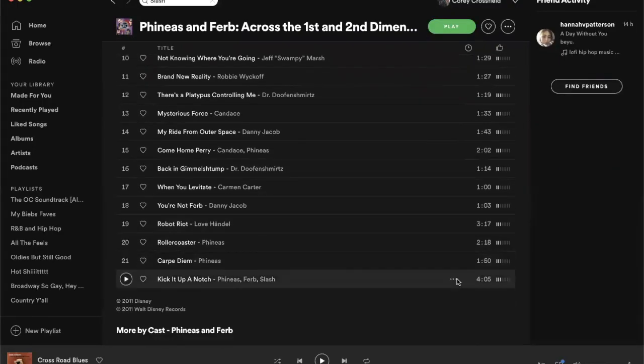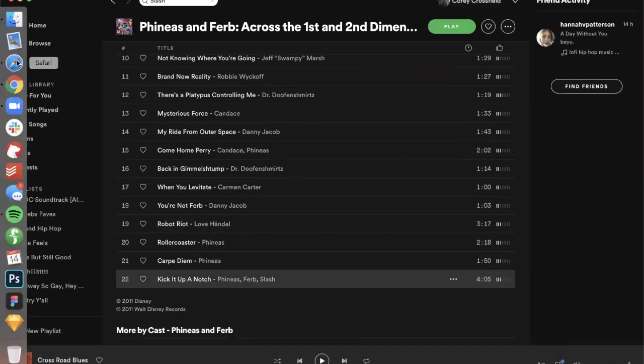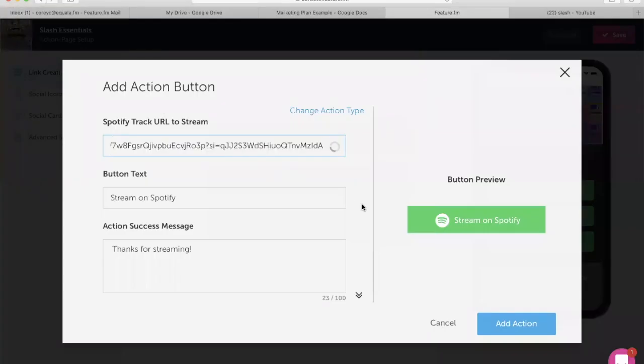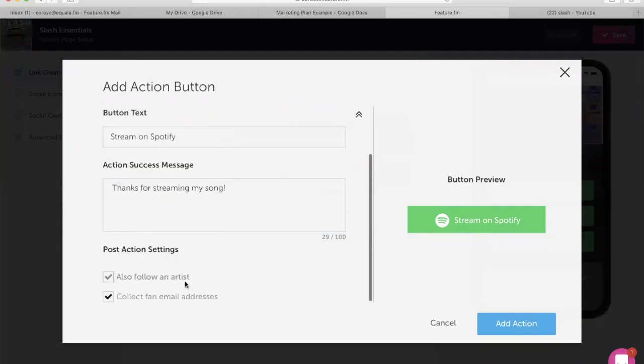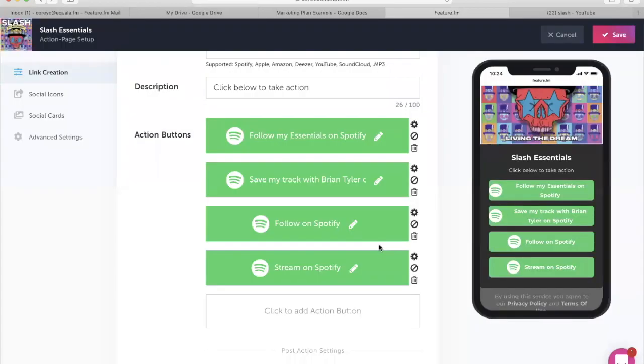We'll just pick a track, and then we'll put that here. And the whole purpose of this is, if fans have committed these actions, and they've opted in to give us their emails, or they've opted in when they're saving this stuff, we can then